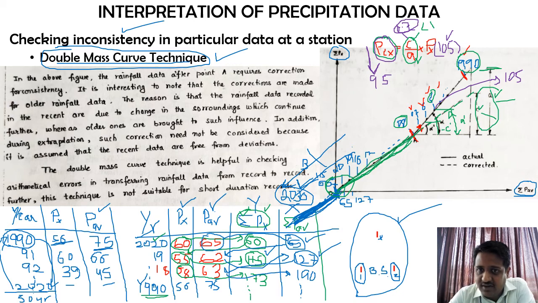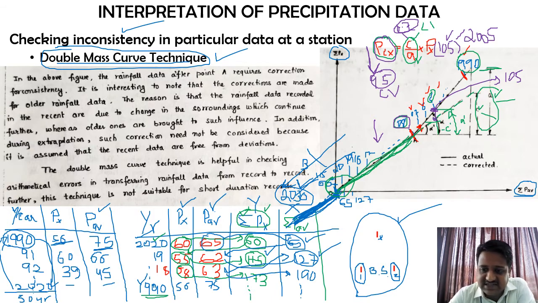Okay, then what it indicates, I have reduced this value from 105, which was the actual rainfall collected for the year 2005 from the rain gauge stations. I have reduced this value to 95. So 95 is nothing but what? The corrected value. So it has come down from 105 to 95. So what does this reduction indicate? Because after the construction of college in our premises in 2008, the rainfall characteristics have changed. Imagine in this particular graph, the rainfall characteristics have reduced. That is, there is less amount of rainfall.